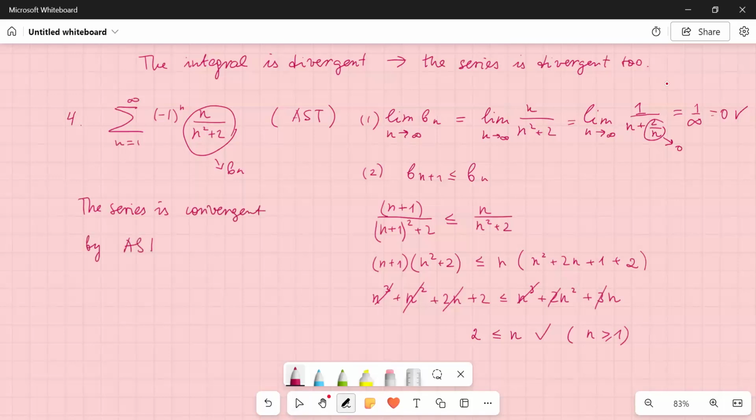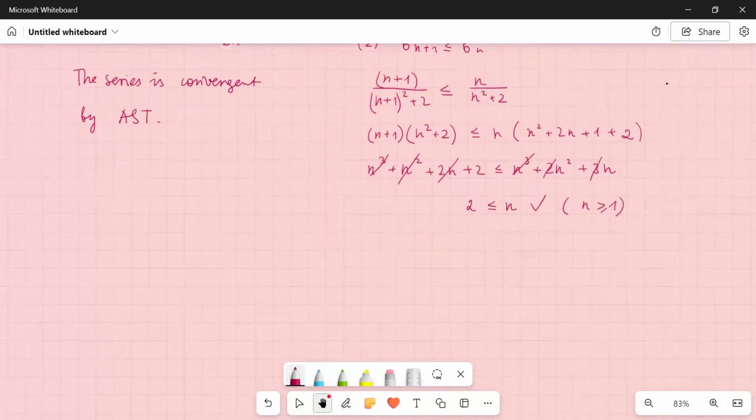By the alternating series test. If you write down AST, I'll understand it. But if you do exams for someone else, write down alternating series test. Okay, so we are done with number 4 and we have 5 and 6. Okay, let's move to number 5. Number 5,